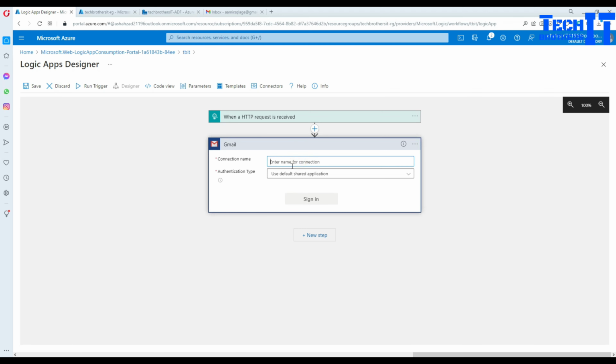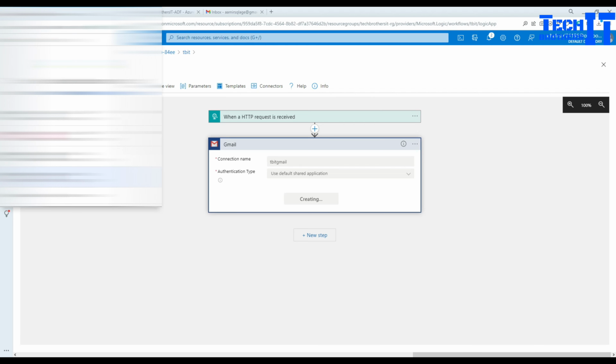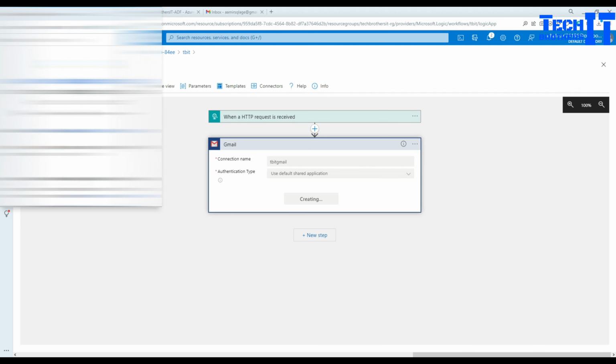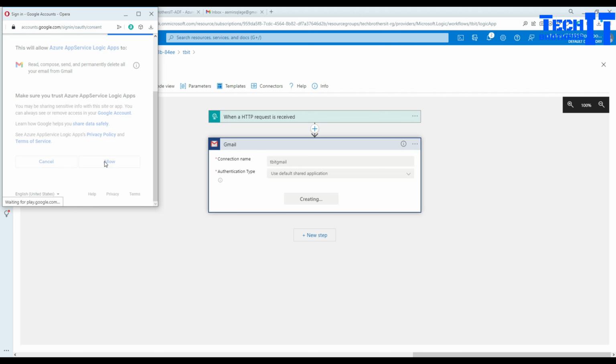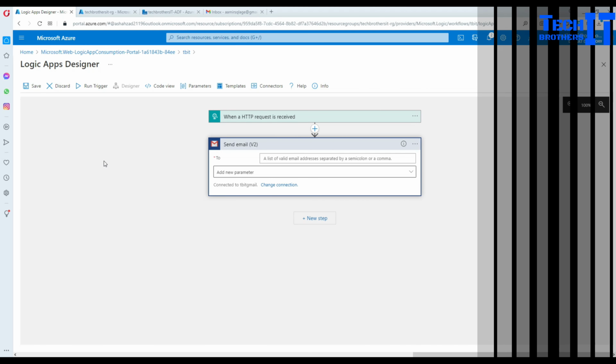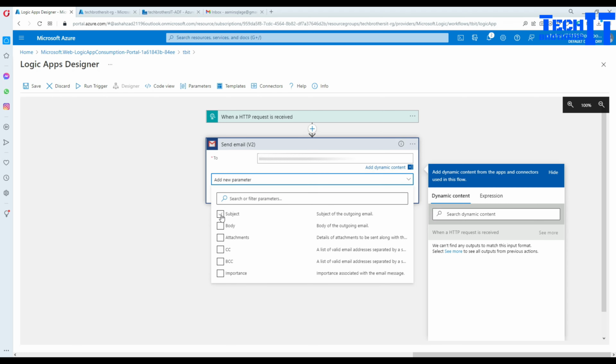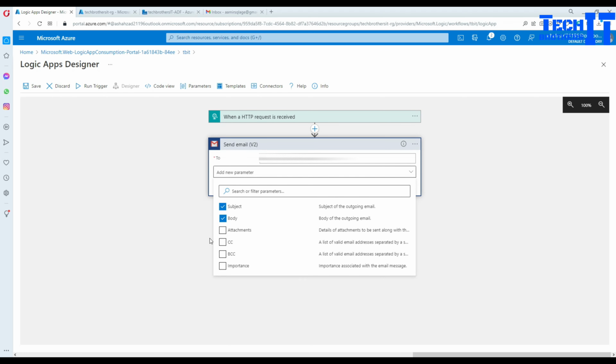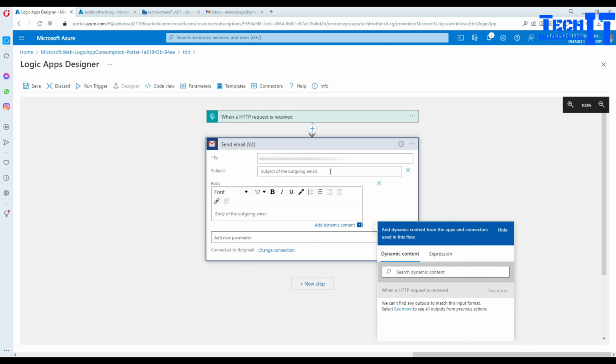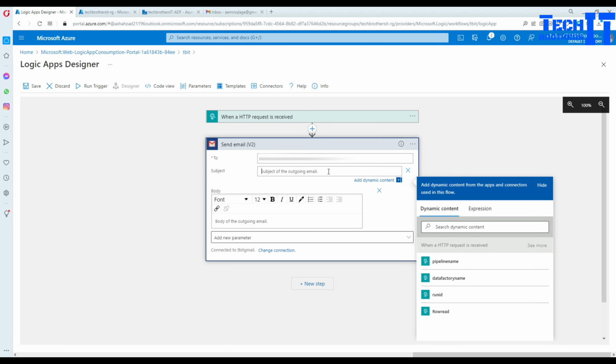It's going to ask me, hey, what is the name of the connection? I'm going to call it TBIT Gmail, and now I have to sign in. Here I will select my account, and once I select my account, what's going to happen is it's going to ask me to allow. Okay, that's all set, it's creating. Now it's asking, hey, to which email address you would like to send. I'm going to put my email, and that's where I would like to send an email. And then you can go to add parameters, and here, okay, subject, body, attachments, and all that you can choose. In the subject, I could have brought the value from that JSON payload, but I didn't bring it. So anyways, I can go ahead and say